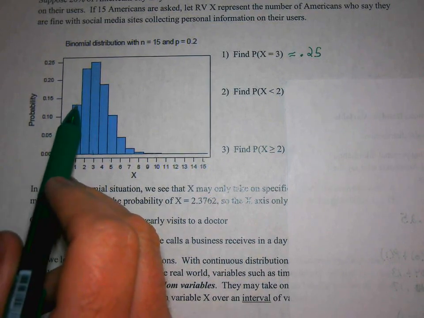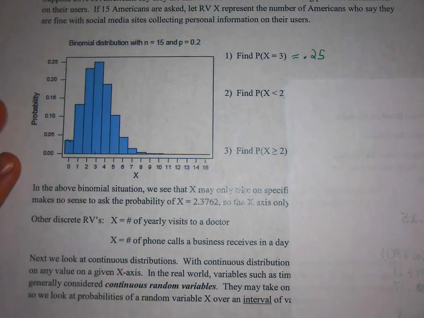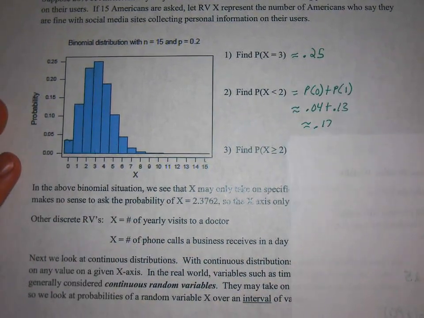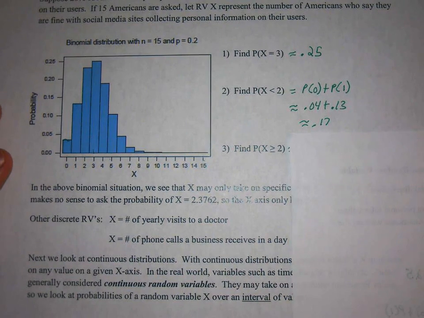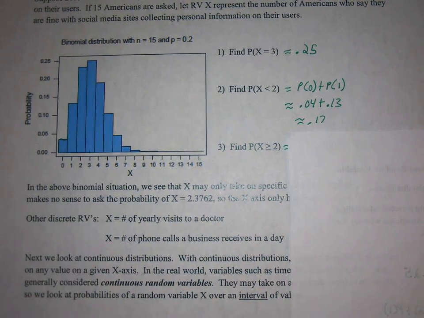And then 1, it looks like maybe it's around 13% or so. And again, we're just estimating that. We add those together and get about 0.17. And again, I do want to point out that if I ask you this on a quiz or test, then you could use your calculator functions to find those answers. But I want to focus on the graph